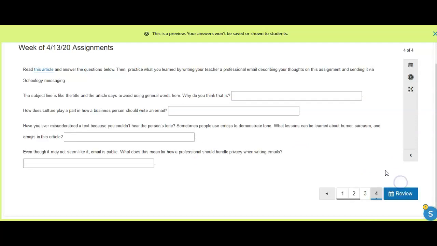And then the final question is going to be about learning how to write a professional email. Now this one's going to be a little different because you are going to answer the prompts after you look at the article. So you're going to read the article and then you're going to answer the prompts just like you did with the CNN 10 and then the last article here on number 3. You're going to do that, but then you will also note here, you are going to write your teacher, so either myself or Mr. Barron, a professional email describing your thoughts on the assignment, and you'll send it via Schoology messaging, which for those of you who are unfamiliar with that,